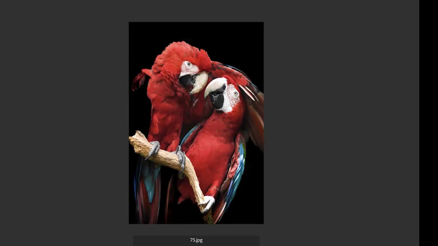Again, I'm being nutty, a little bit of the feathers down on the bottom, which I would want to see a little more in the composition. Maybe not as much black on top, though it's really tight. I'm going to say B, but it's a very nice, loving portrait of these parrots.